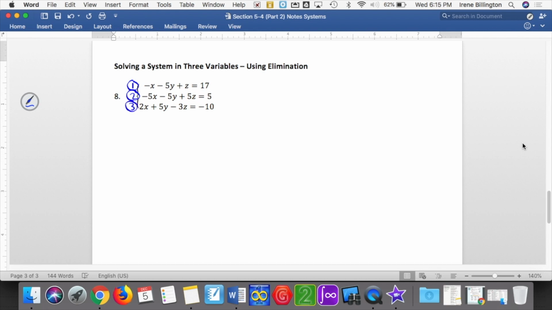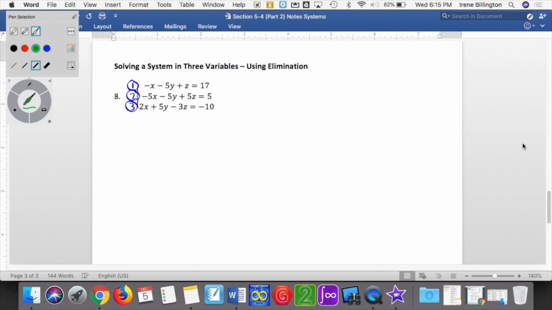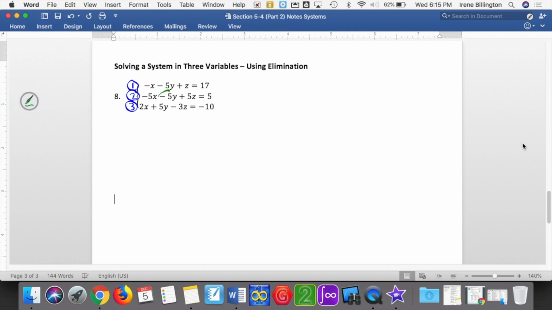Our first step here is going to be to try to eliminate one of our 3 variables. And we are going to use the algebraic method of elimination to do so. So if I look at these 3 equations, I'm going to notice that in equations 2 and 3, the y values are opposite each other. In equation 2, my y value is negative 5y, and in equation 3, my y value is positive 5y, which means in using the method of elimination to solve a system using those 2 equations, my y is going to